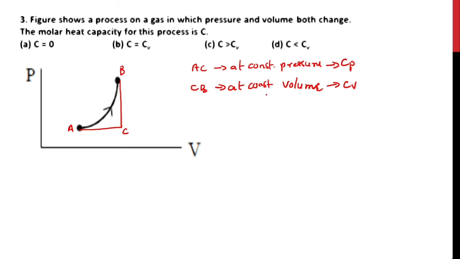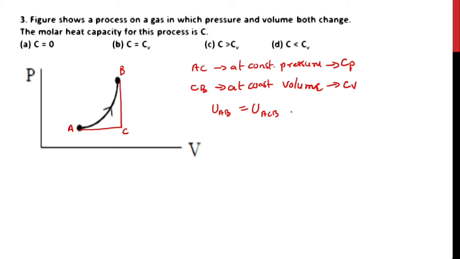Alright. Now you can look at this one. The process is carried from A to B and in the same way A to C, C to B. As we already know, both processes are reaching the point B. So internal energy is a state function; it doesn't depend upon the path. So the internal energy in the process AB will be equal to the internal energy in the process ACB. So the internal energies are equal.